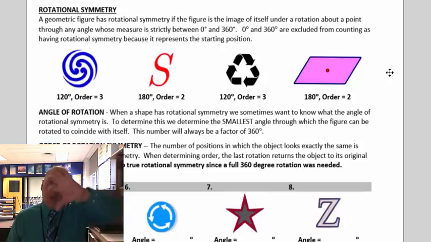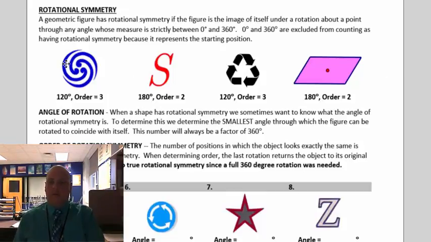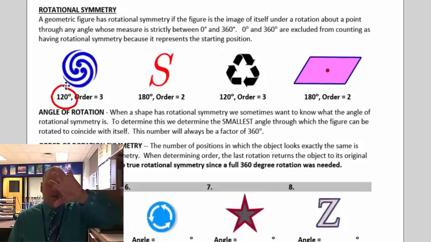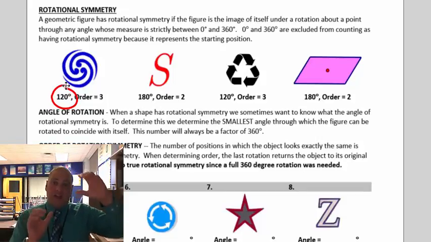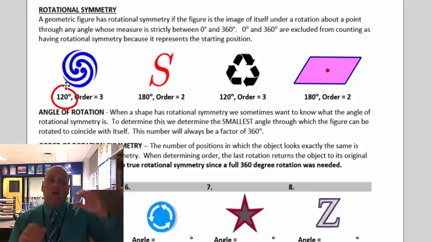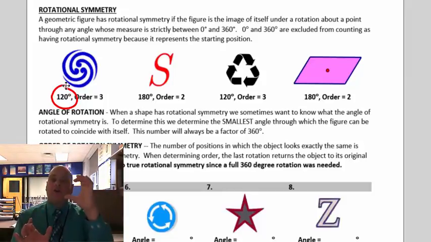It doesn't have to be totally upside down. You could rotate it any which way and it would have rotational symmetry. So, like this blue figure here, what are these things called? That has 120 degree rotational symmetry. Why? Because you could turn it 120 degrees and it will look exactly the same. Turn your paper 120 degrees, it'll look exactly the same. Then turn another 120, it'll look exactly the same. Turn it another 120, and you're back to